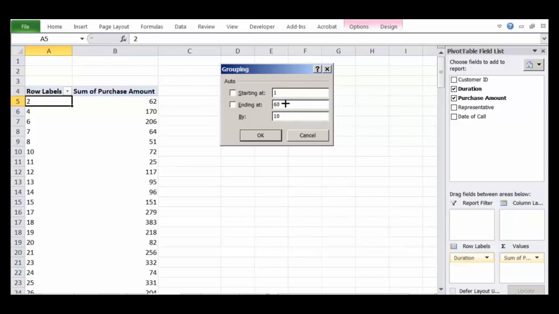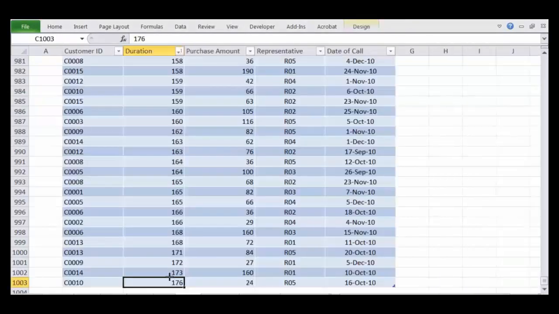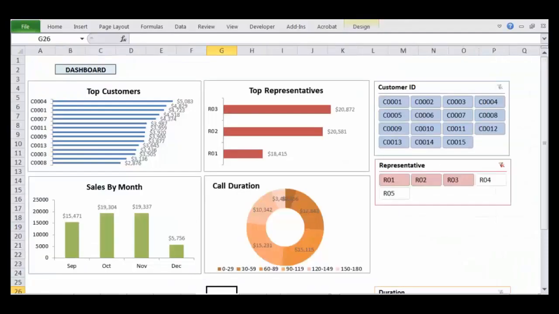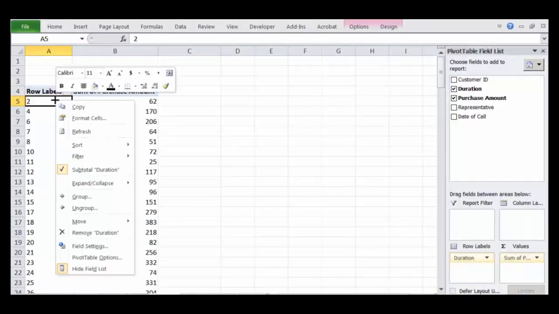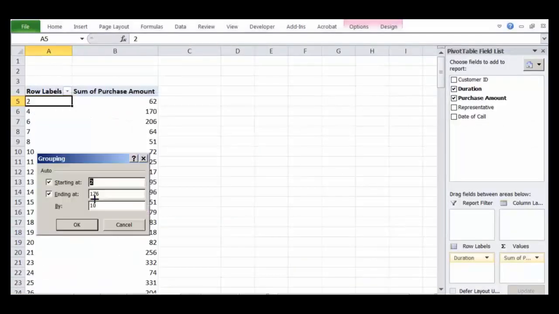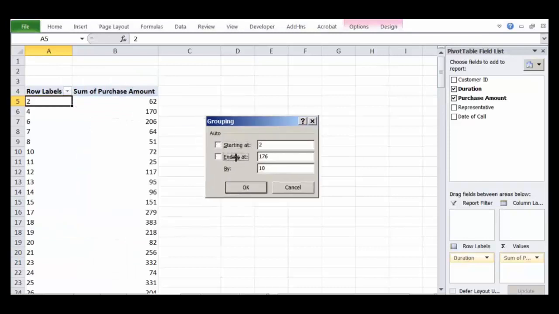So 60 seconds is one duration, and it will be ending at, let's say, 240. What is our maximum data? You can see, 176 is the maximum. So what you can do is you say group, and you say start at 1 and end at 180, and you are increasing by 60 seconds. So you see,